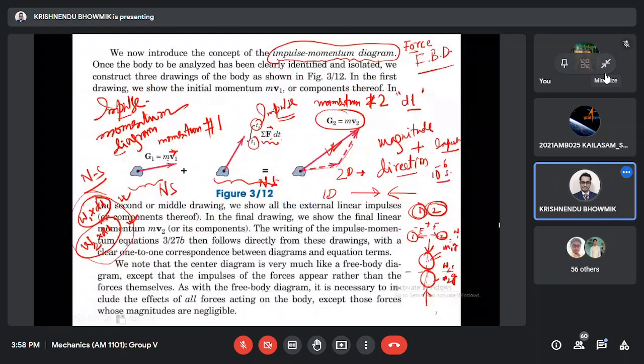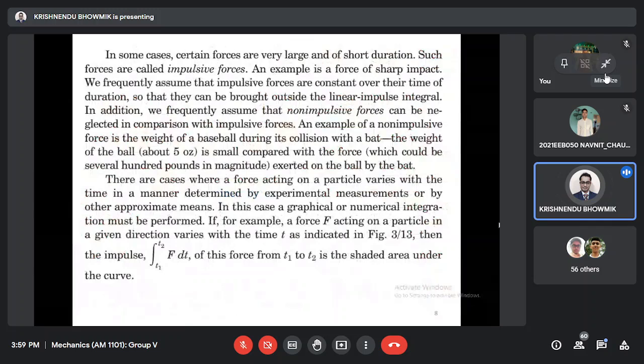Okay, so in that case the impulse due to the weight will be discarded. Now, it has been told that in certain cases forces are very large and act for a short duration of time. Such a force is called an impulsive force. Other forces are non-impulsive forces. For example, when there is any sharp impact,